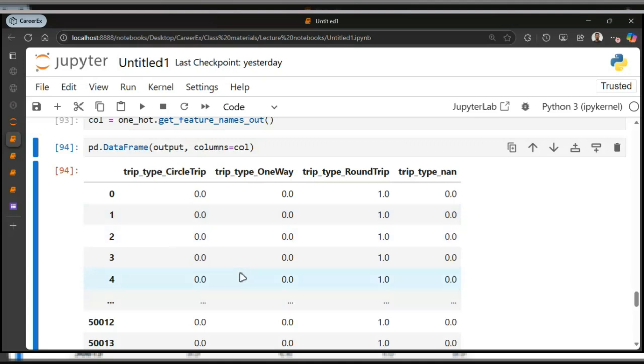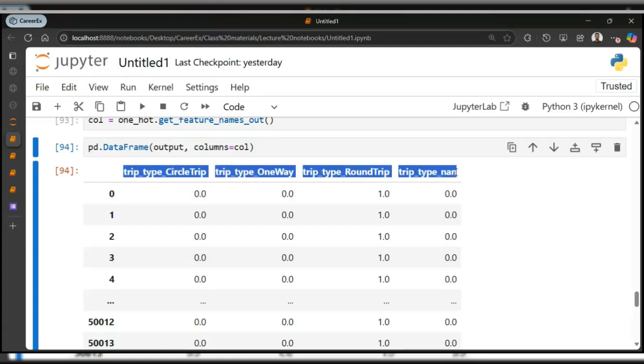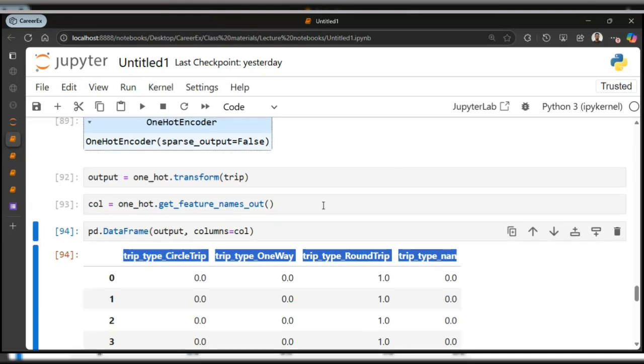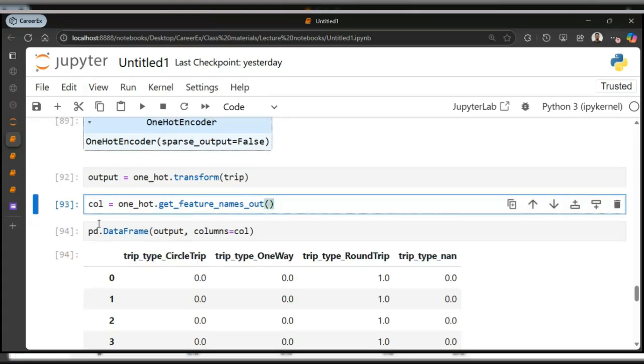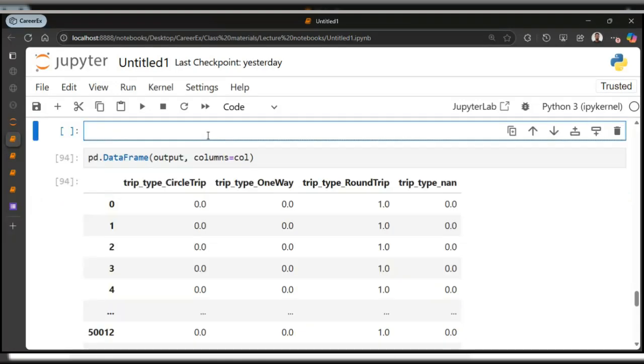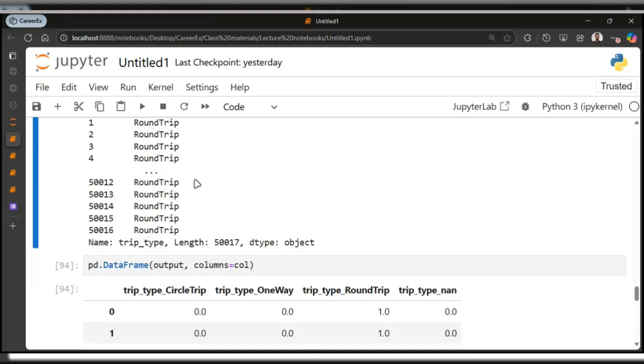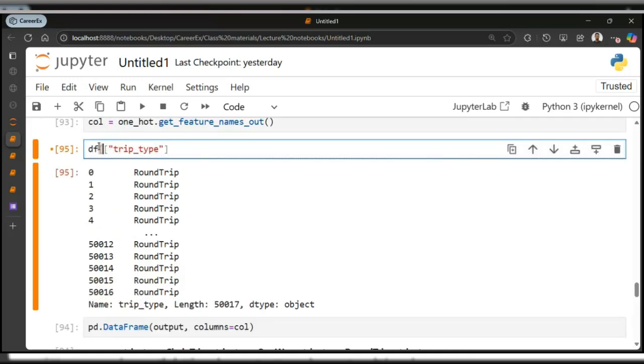You can see now that we have 4 new columns. These 4 new columns correspond to, let me just make it head.